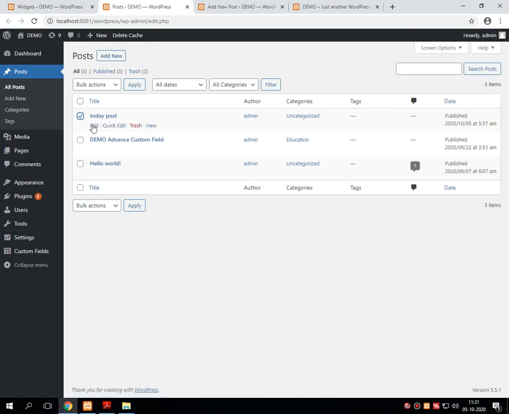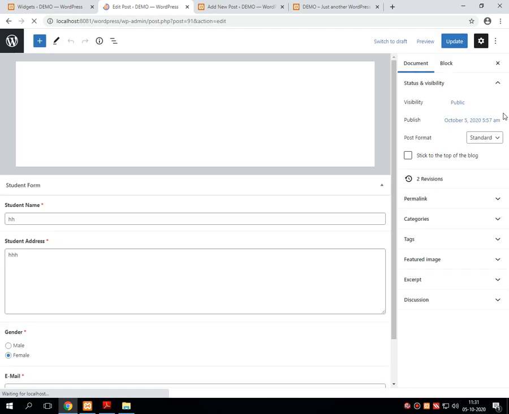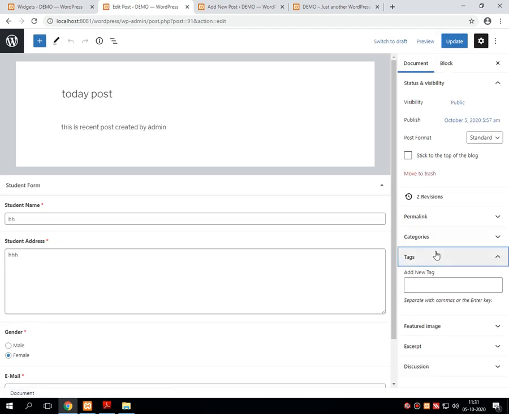I am selecting this post which is the latest one. I am editing that particular post. Once it opens in edit mode, we have to go for tag. Then we have to add some tags, like AAA I am adding, then BBB just for the demo purpose, and CCC.